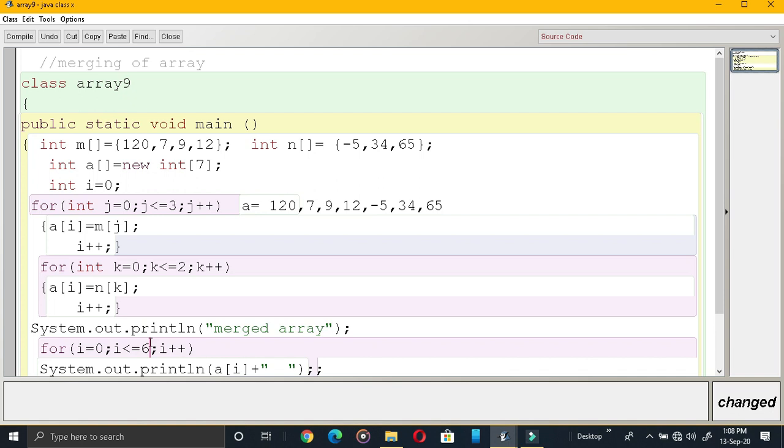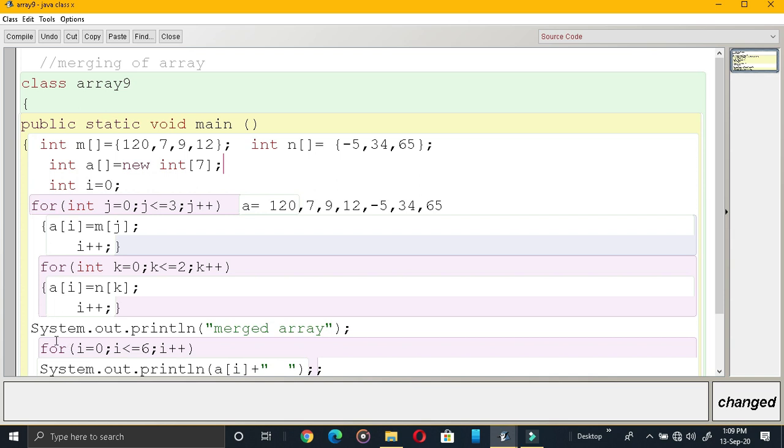And here we are going to print the original array where we have kept the elements of M as well as N. Which is that array? That array is A. So we have formed a third array which has all the elements of M and all the elements of N in order. First M elements will be kept, then the elements from N will be kept.